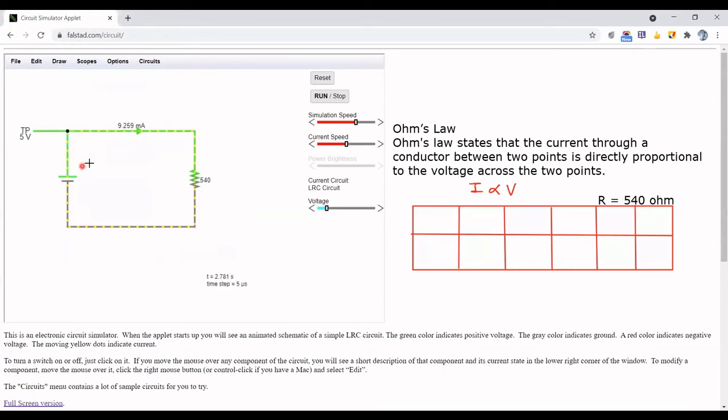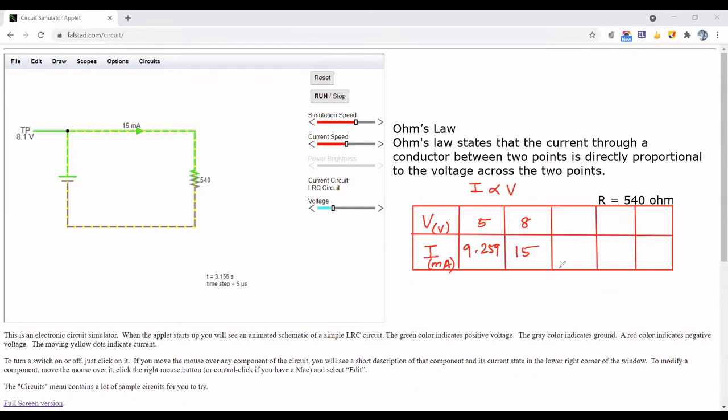So now the voltage is 5 and the value of current could be seen as 9.259 milliampere, and the unit of voltage is volt, for 5 volt. Now the voltage is around 8, and when the voltage is 8, we have 15 milliampere current.